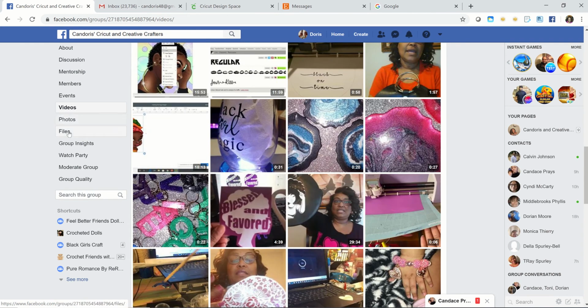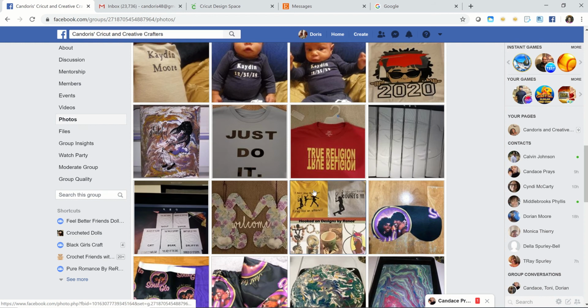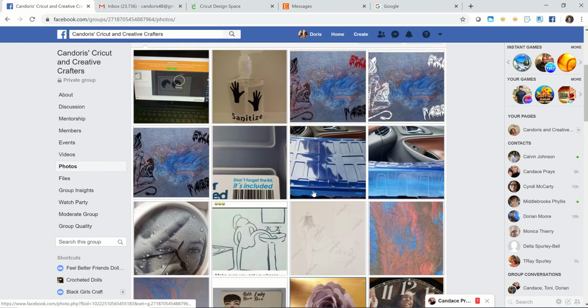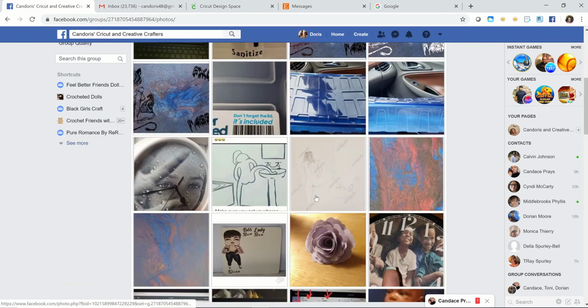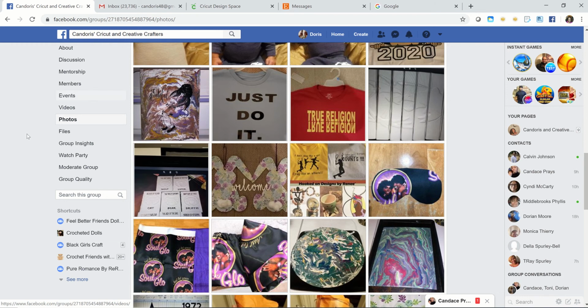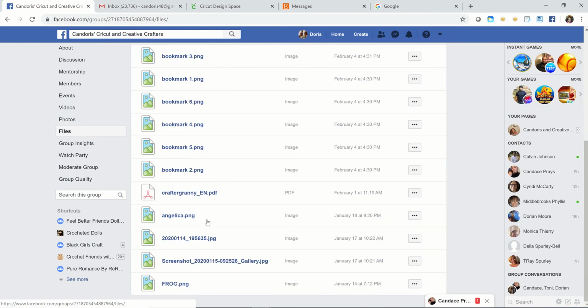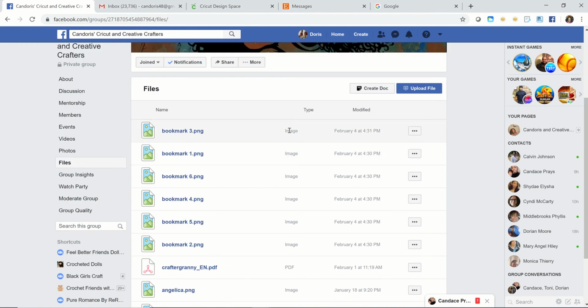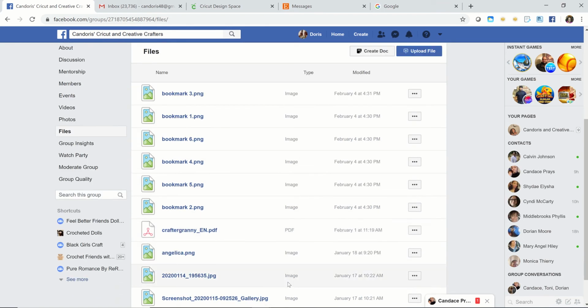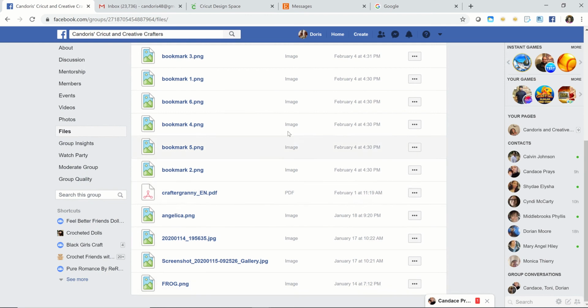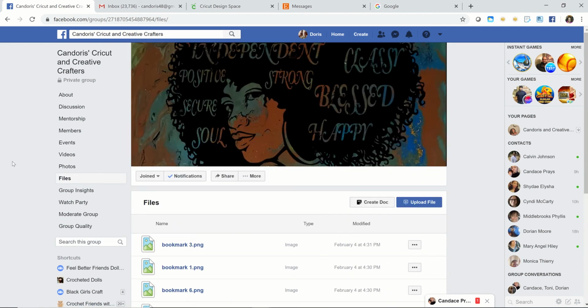Okay. If you click on photos, it's going to show you all of the photos that have been placed in the group. And then if you click on files, it'll show you all the different files that are out here in the group. And it'll tell you if it's an image, if it's a PDF, or what type of file it is. So you can see there are some images that have been placed out here. However, you also have a search